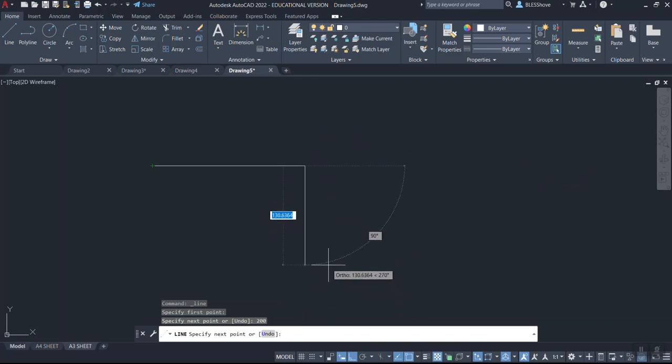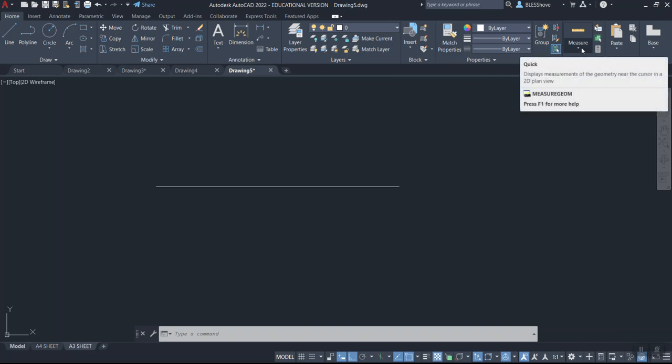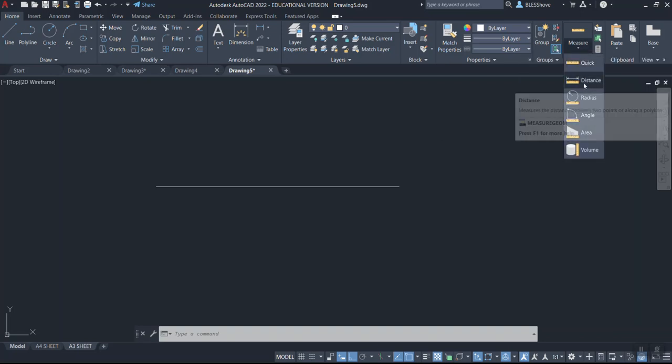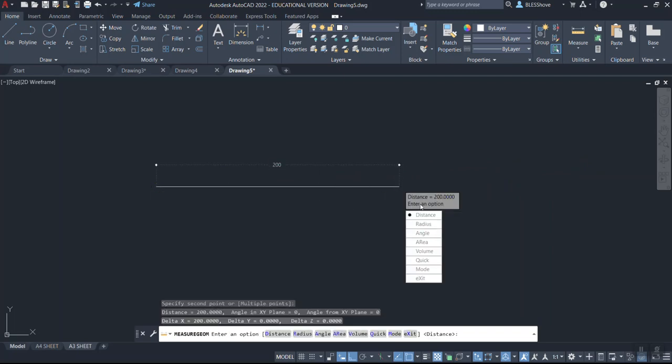So because I just need one line that is 200, I can just click escape, and you should note that this line is 200. And in order for me to see that this line is 200, I may come here to measure distance, and if I start from this and come to this end, you should note that it is giving me a distance which is 200.000, and it means I have drawn a line that is 200 millimeters from this point